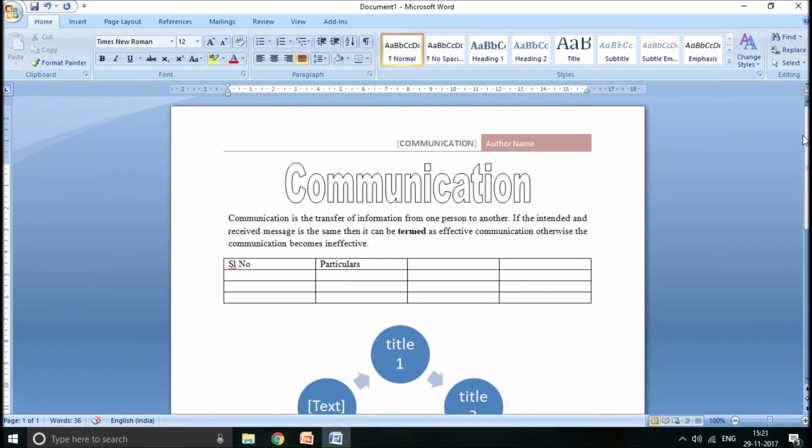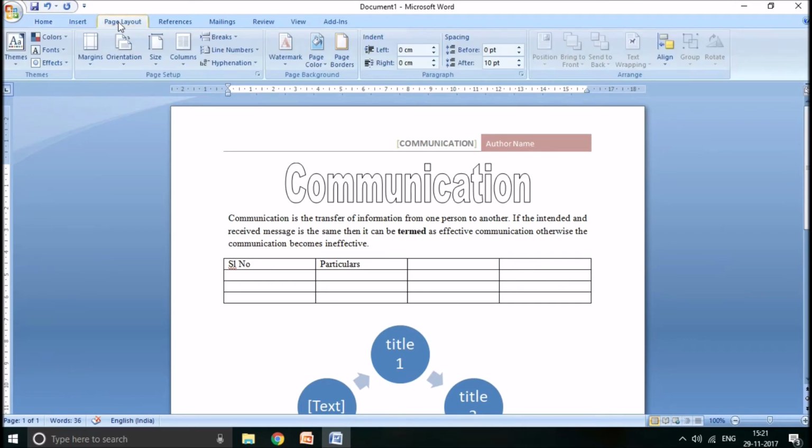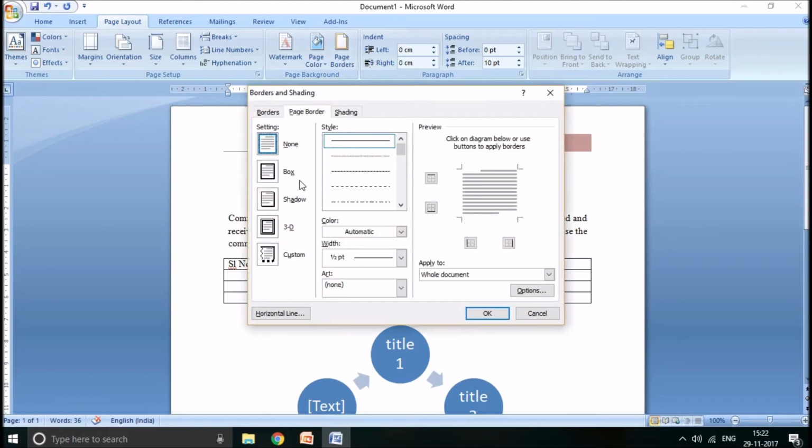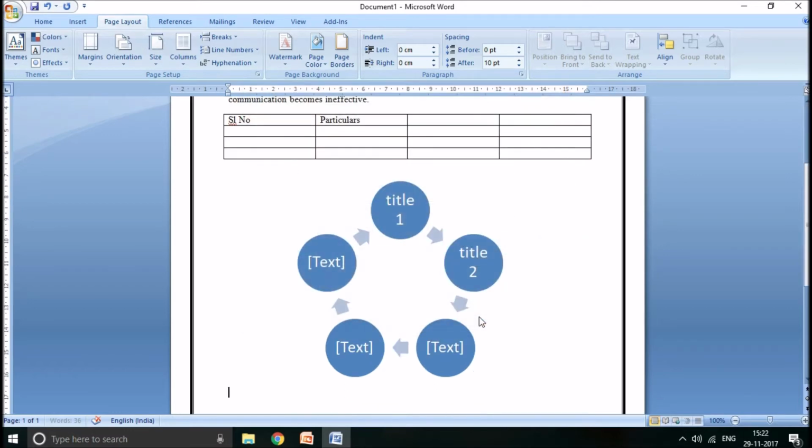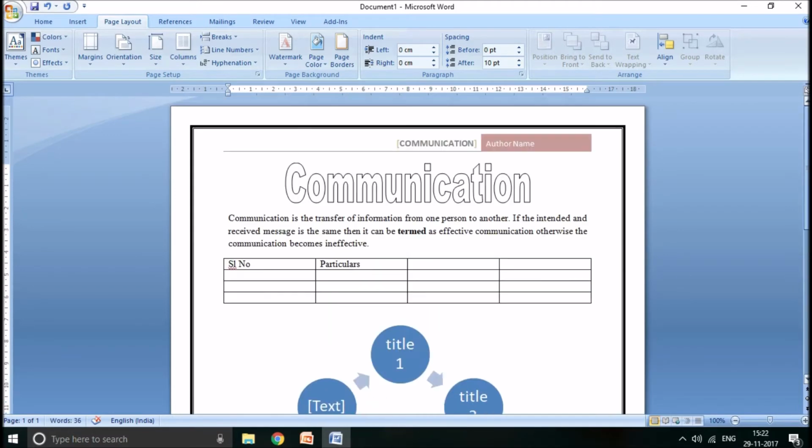Now for example, if you want to create a border for the whole of this page, just go to page layout. There is something called page background, group of actions which are there. You can just click on page borders. You can select the kind of border you want. For example, right now none is highlighted. If you want a box kind of a border, select that. What is the style of lines you want? Select that particular style which you want, and finally, so it applies to whole document, and then say OK. Now this is how you insert a border for your page.